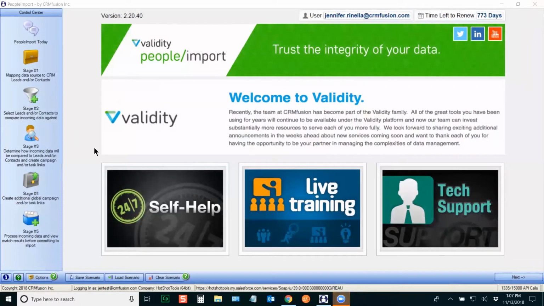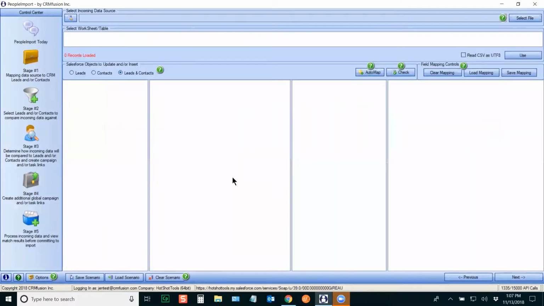So let's go ahead and jump into stage one. Stage one is where we load our file and we map our fields. Okay, so the very first step is to load our file. So at the top right, I'm going to select a file,